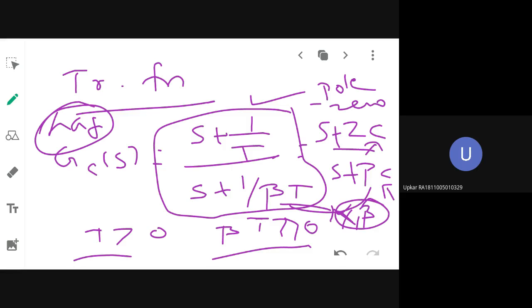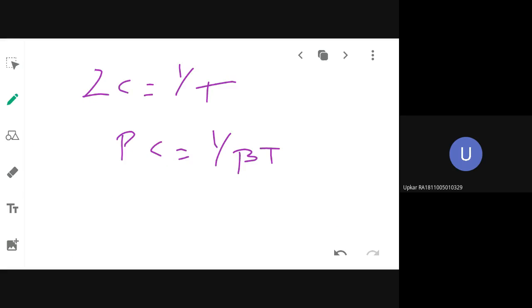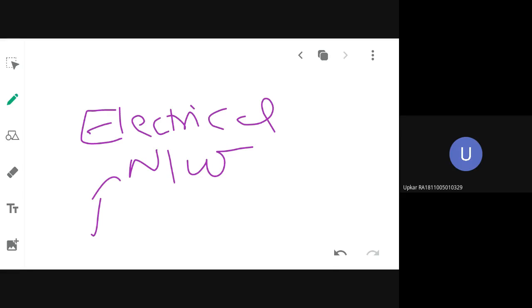Again, this lag compensator pole zero plot is important. How to represent the transfer function, that is also important. All these questions might be asked in MCQ. There's one more thing that you have to know about, electrical network realization. Sometimes, rarely, they won't give a problem. Instead, they will ask you to realize this lag compensator by means of an electrical network and derive some equations like that.